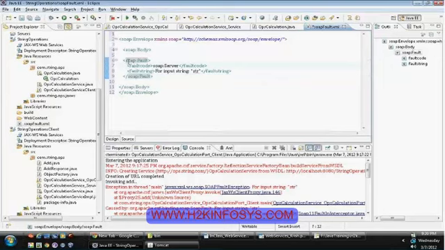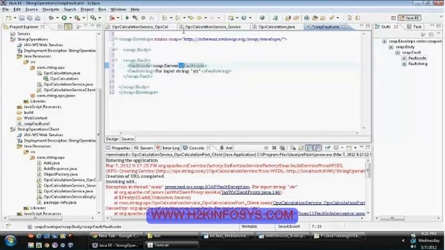So here you can see that it has created a SOAP fault, and the fault code is SOAP:server. That means a server exception has occurred. Sometimes it will place SOAP:client, which means a client exception has occurred.